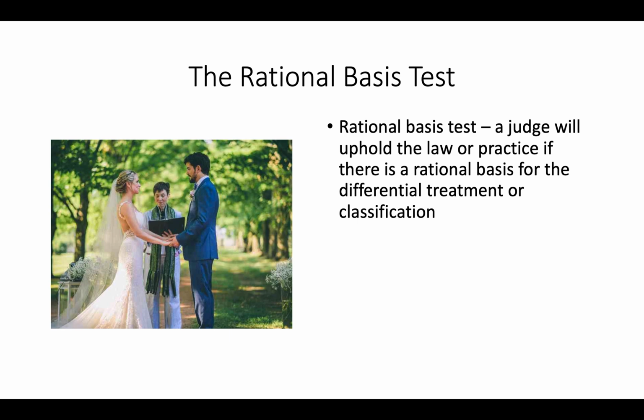So here's an example. A rational basis exists when there is a logical relationship between the treatment or classification and the purpose of the law. For example, states require their citizens to be a certain age before they can marry. These laws discriminate against people below a certain age. However, is the discrimination unconstitutional? The reason for such a law is to ensure that those who marry are capable of accepting the responsibilities of marriage. In general, people become more responsible as they get older, so there is a rational relationship between the classification and the purpose of the law.